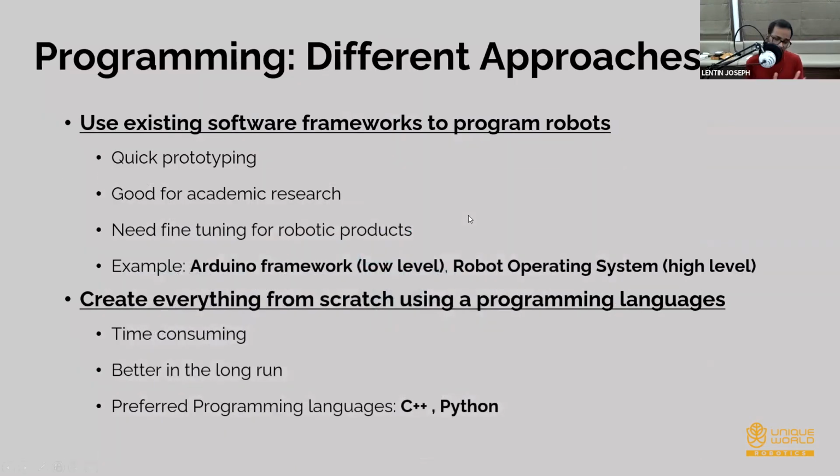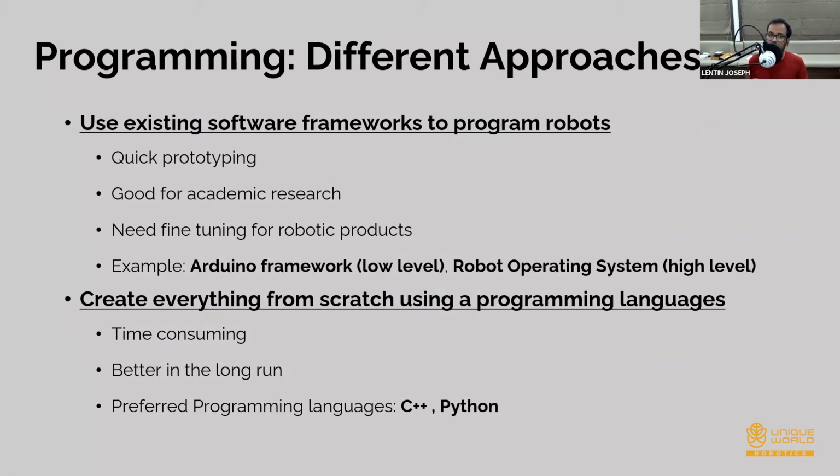The Arduino board has a microcontroller, and you can program a microcontroller using assembly language or embedded C, or using the Arduino framework. Arduino is a higher level language implemented based on embedded C.